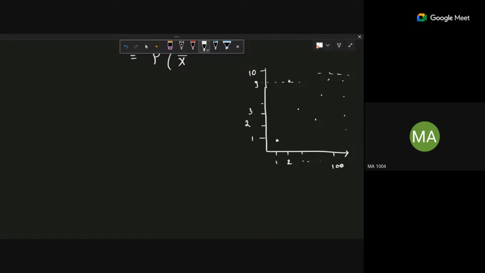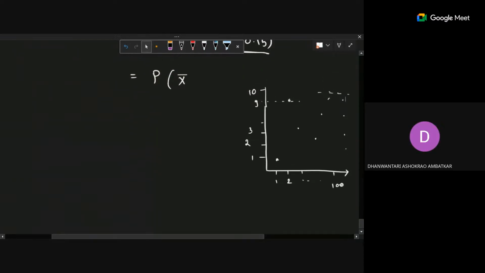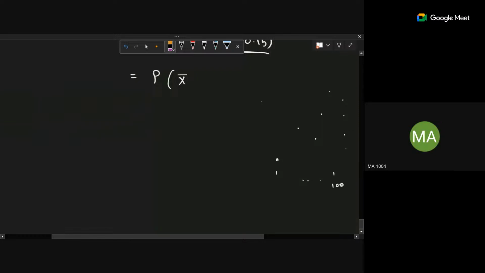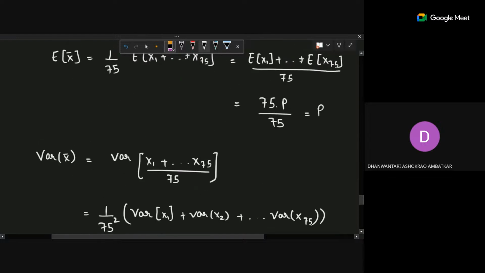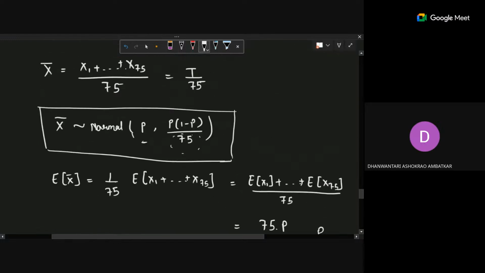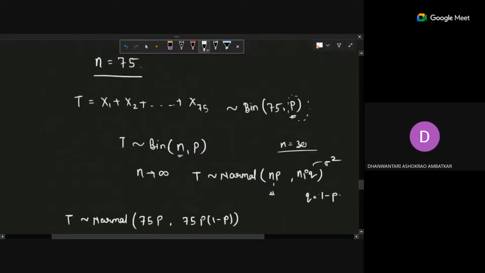Not exactly the critical value, but it will say something. Why not? Because let's say some students got above 9, they are beyond our expectation. And if some people get less than 1, they are also beyond the expectation. Both are